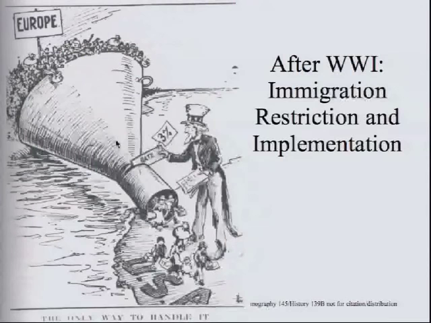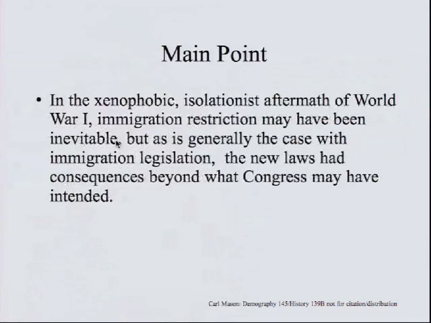Okay, then we can move on to the period after World War I, which is the period of immigration restriction and implementation. The main point is that the xenophobic, isolationist aftermath of World War I, immigration restriction, may have been inevitable. But as is generally the case with immigration legislation, the new laws had consequences beyond what Congress may have intended. There were actually several of them, but the one I'm hinting at is this: